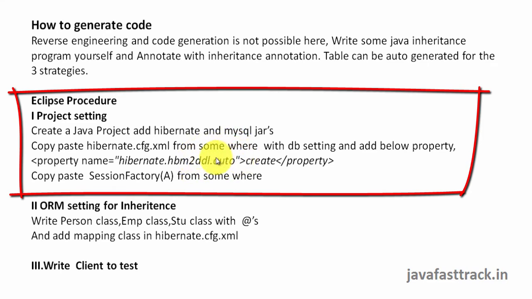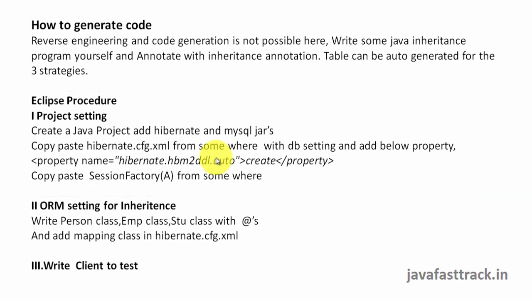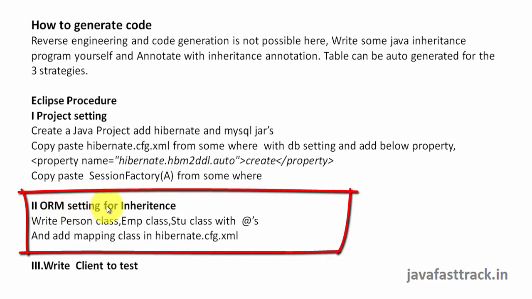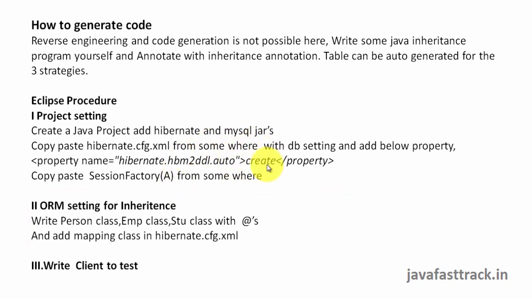So if you have the mapping, from the mapping it is possible to create tables. From tables it is possible to create mapping. Similarly, from mapping it's possible to create tables. So second is the ORM mapping, which we are going to do ourselves. Have a person class, employee class, student class with inheritance mapping. That is step 2. So just go and put those annotations. With that we are doing mapping. Now with this mapping, Hibernate can automatically create tables. Earlier from tables, Hibernate used to automatically create mapping.